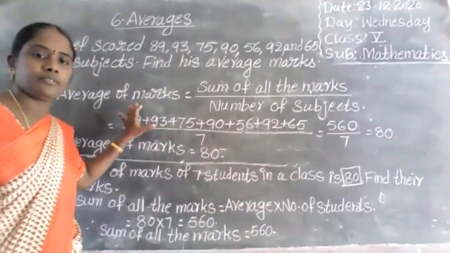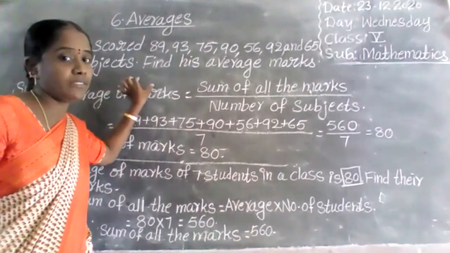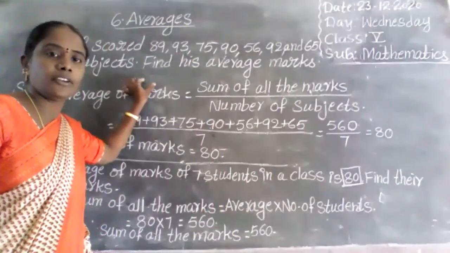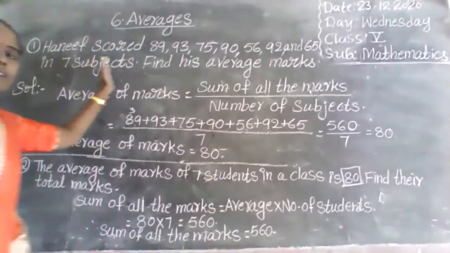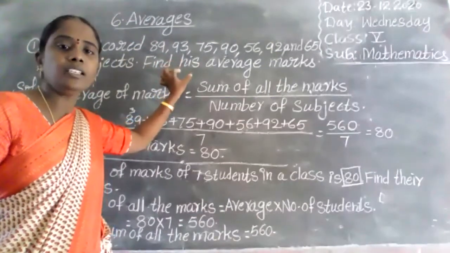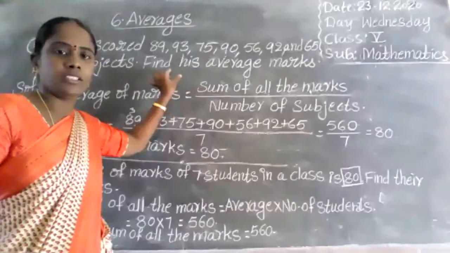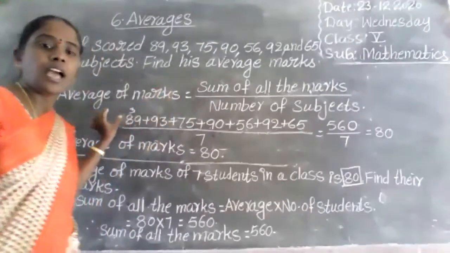See children, in this problem we have to find out the average. Total scored marks are given, each subject's scored marks are given. And what is the average? Here we have to find out the average of marks. Average equals,